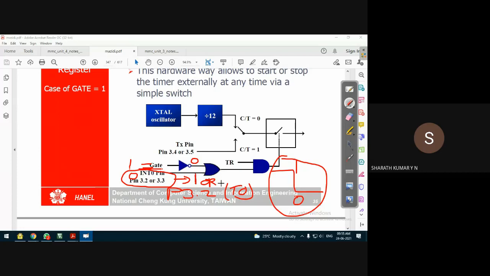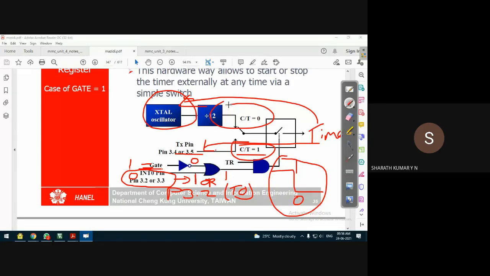Then when the effective pin is 1, the output of this OR gate is 1. Then the timer starts counting the clock pulse, either from the internal oscillatory source or from the external oscillatory source. An external oscillatory source means it is a counter. An internal oscillatory source means it is a timer.